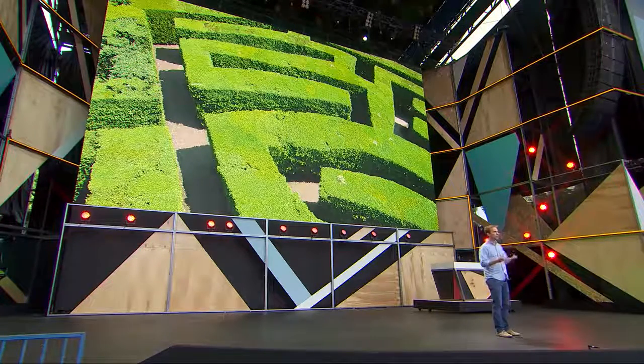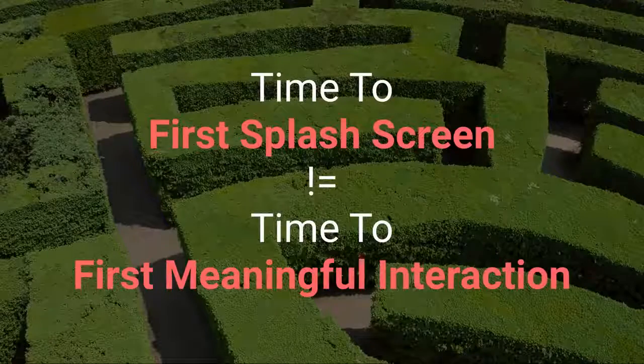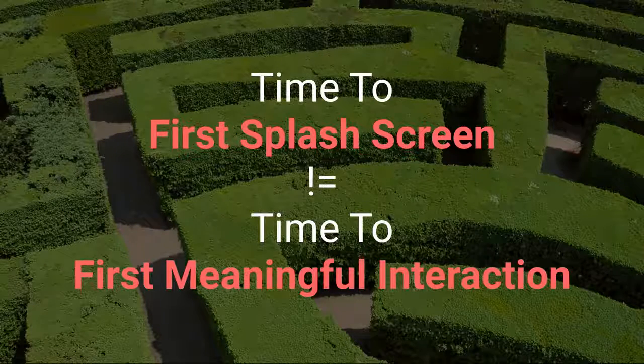But it's frustrating for a user to sit there watching a splash screen. And it's even more frustrating as a developer to jump through all these hoops to server-side render to, at the end of the day, only really have generated a splash screen or a spinner. And time to first splash screen, time to first spinner is not the same thing as time to first meaningful interaction. So server-side rendering like this to deliver an application, whether you get an app view or a spinner, is really a Potemkin village. Your user still has to wait for your abstraction to load before your application is useful. We think there is a better way,